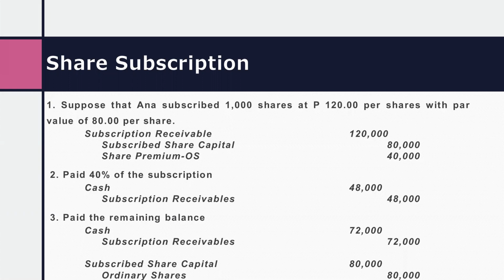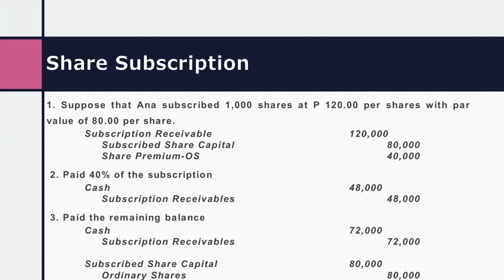So that's 1,000 times 80 per share. So that's 80,000. The excess we credit to share premium ordinary shares. So OS here is ordinary shares. Now, the second transaction is